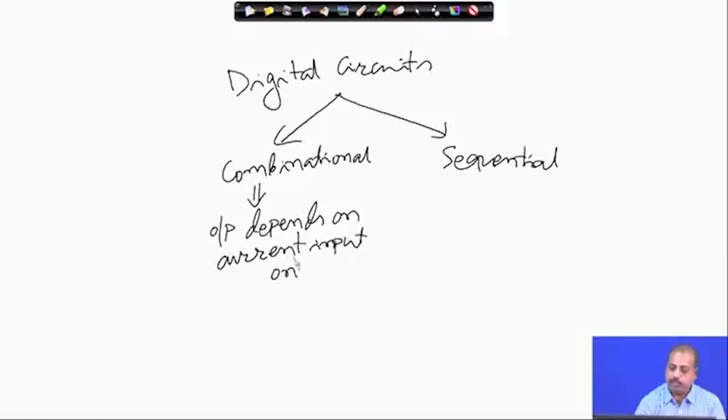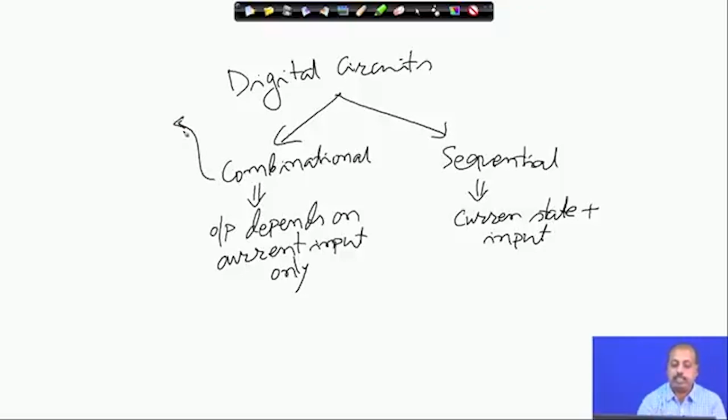Whereas, in case of a sequential circuit, the output depends on the current state of the system plus the input. It depends on both the quantities. Okay. So, that is a combinational circuit and a sequential circuit. Now, for the combinational circuit part, generally they are realized using something called logic gates,